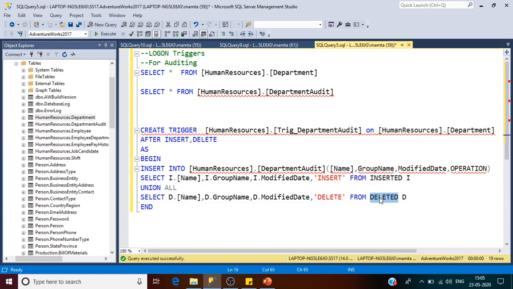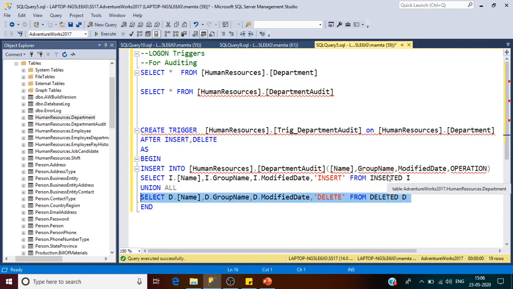Okay, so whenever you insert any record in the department table, what will happen in the background is the SQL Server database engine will insert the record that was just inserted in the department table into the virtual table inserted. Similarly, when a deletion happens on the department table or any table, the SQL Server database engine will keep that particular deleted record in the deleted virtual table.